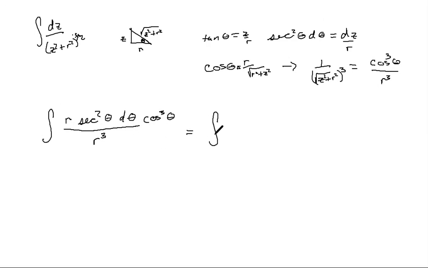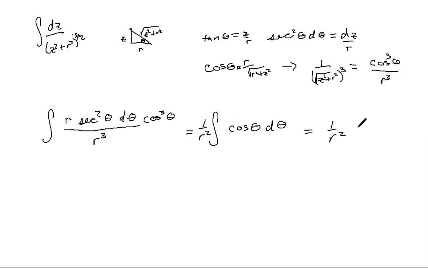That's nothing other than the integral of 1 over r squared times cosine of theta d theta, which is going to evaluate to 1 over r squared